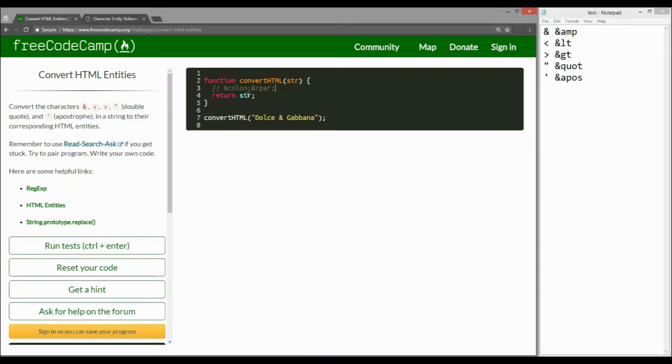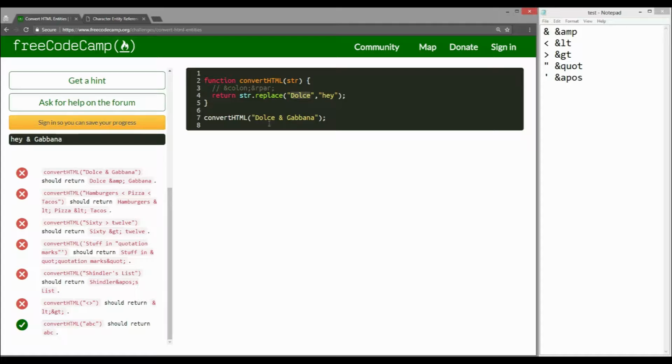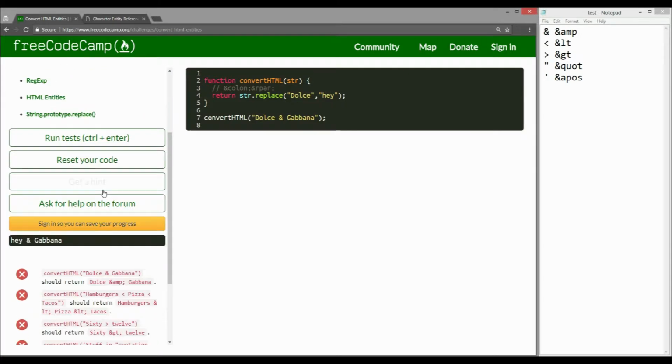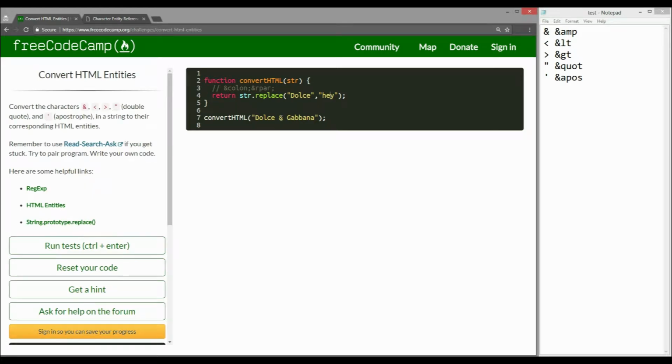First thing we're going to talk about is the string replace function. The way string replace works is you can take, for example, a string, where the first value is the string that we are comparing, and the second is the one that we are replacing with. And then if you run it, you could see how the replace function tries to find the value that we're comparing with and replaces it with the value that we want to replace with. So we're going to use string replace to replace these characters with the HTML entities instead. So that's the first step. The second is